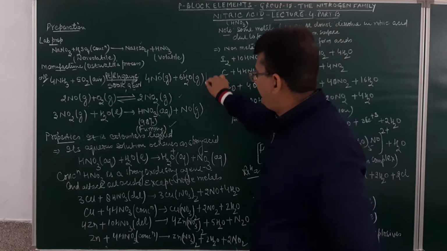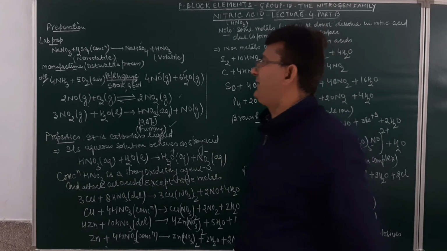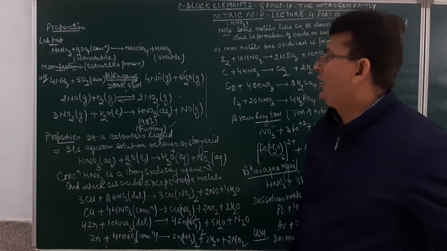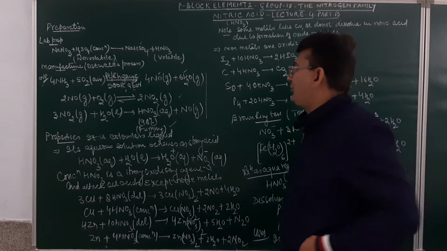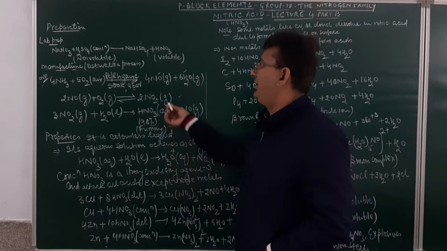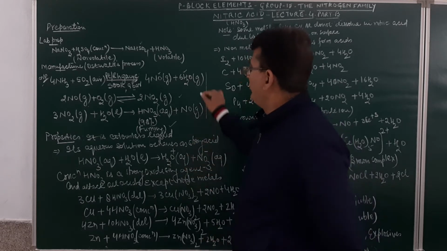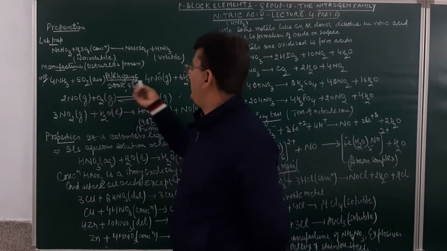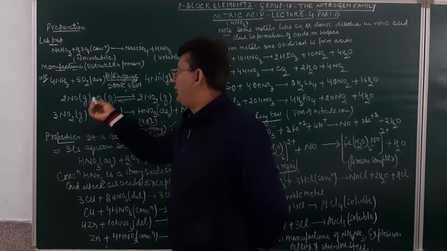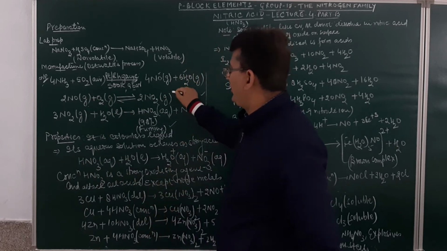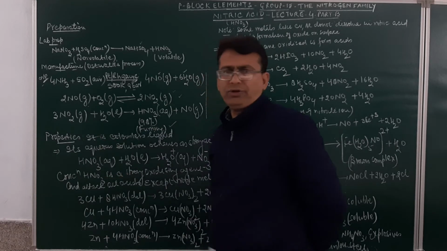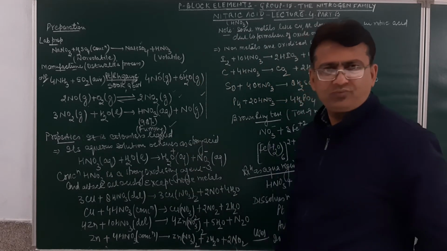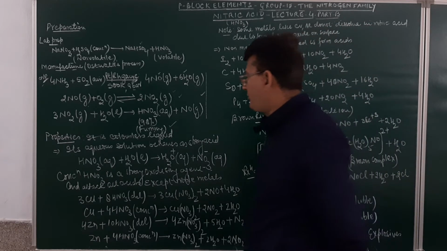All these three equations are very, very important as far as the examinations are concerned. The question will be asked in the board examination: explain the Ostwald process for the manufacture of nitric acid by writing all the chemical reactions. So, this can be a 3 marks question in the board examination. Ammonia when burned in air forms nitric oxide. Nitric oxide when reacting with oxygen forms nitrogen dioxide. Nitrogen dioxide when reacting with water will result in the formation of fuming nitric acid. Am I clear?